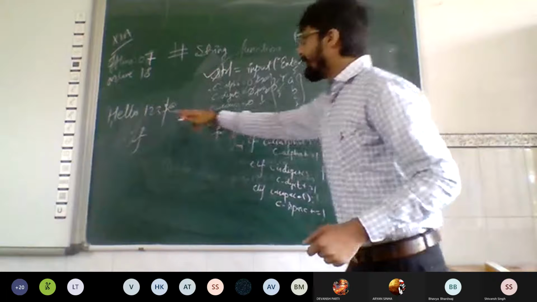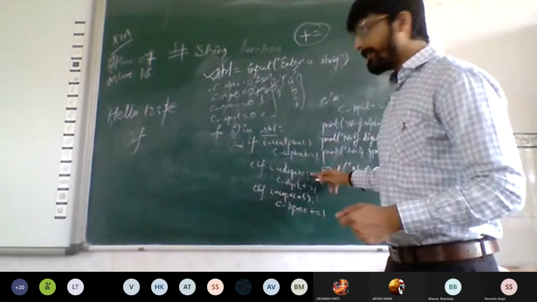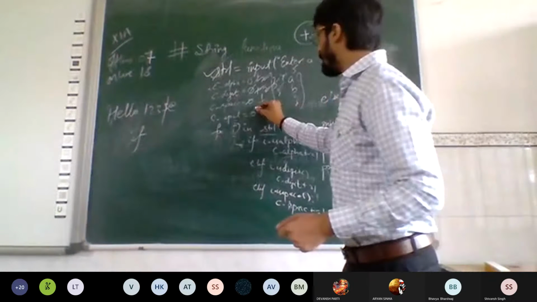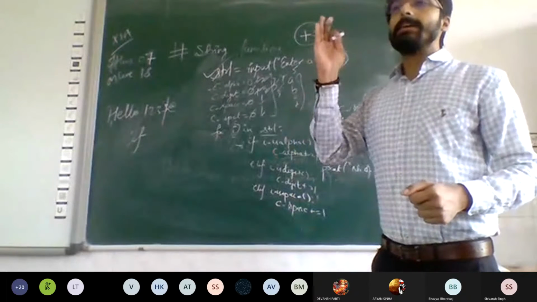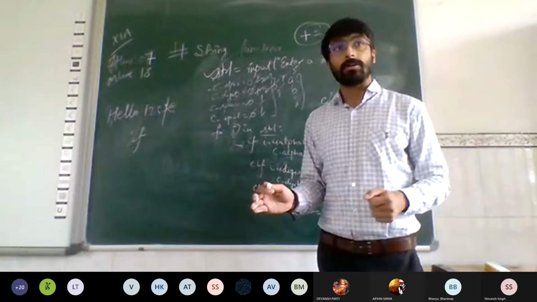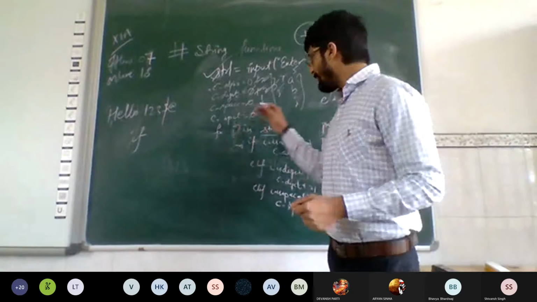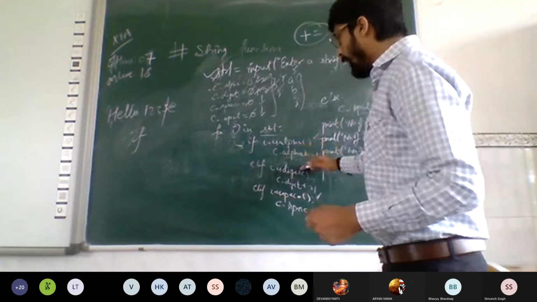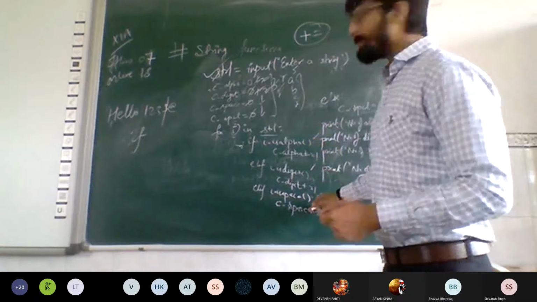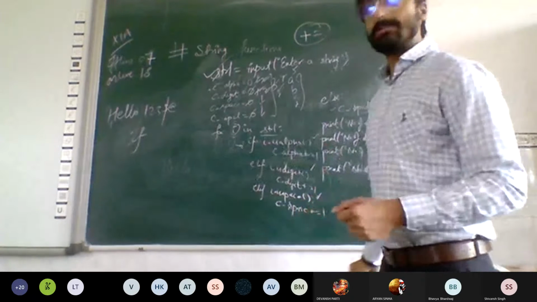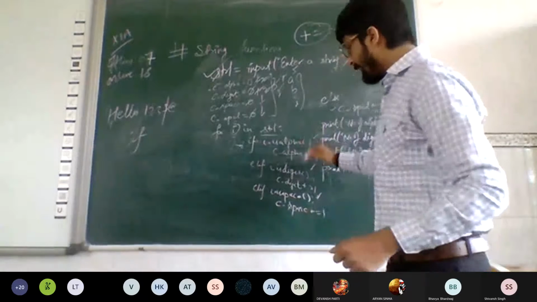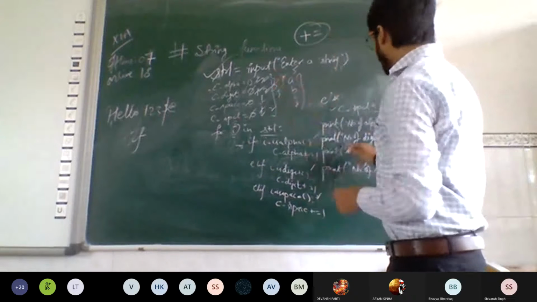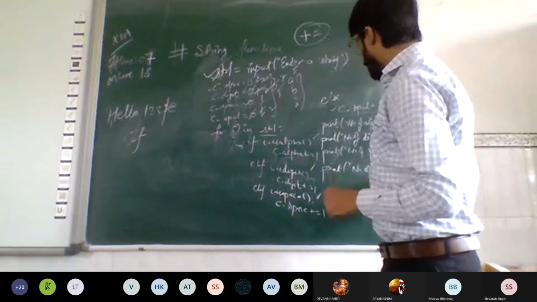These are 5 alphabets, 3 digits. Now, dollar: alphabet? No. Digit? No. Space? No. But we are left with else. C special plus equals 1, that is, it's a special symbol. We do not have any function to check whether the character is a special symbol or not. We have just 3 functions: isalpha, isdigit, and isspace. If it's not an alphabet, not a digit, nor a space, it would be a special symbol. At the rate, no alphabet, no digit, no space, again a special symbol. Now it will be like this: number of alphabets 5, number of digits 3, number of spaces 1, number of special 2.